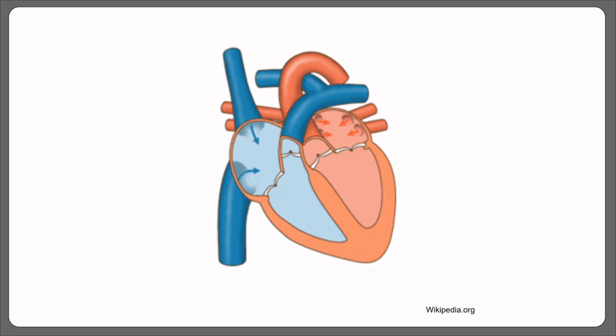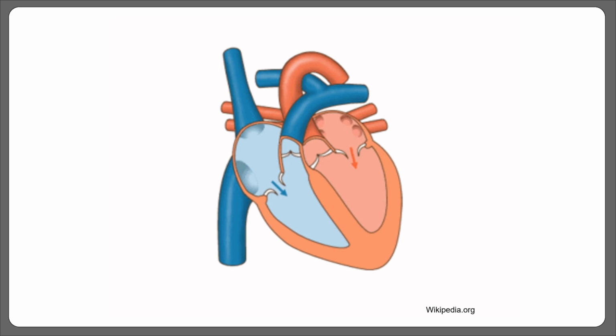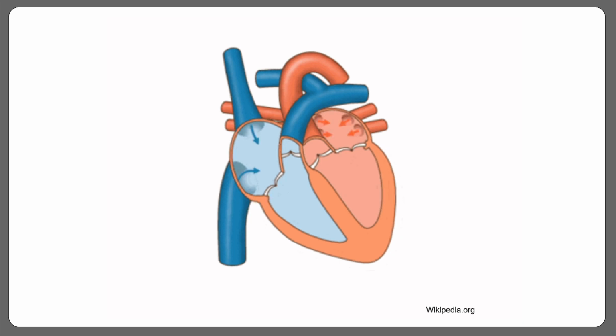Okay, and then suddenly you find that both the valves are closed. And then you suddenly find that the walls of the ventricles are in the process of contracting, a very massive contraction, and as a result of that the pressure is increasing. But all the valves are closed. So the pressure goes on increasing from maybe 1 or 2 to 10, 20, 30, 40, 50, 60, 70, 80. The moment it reaches 80,